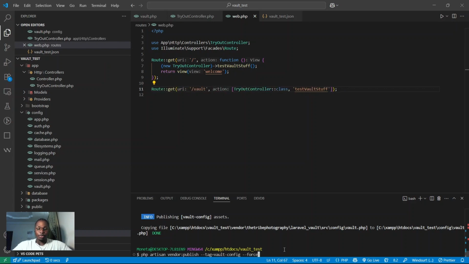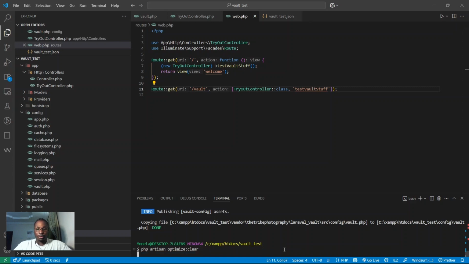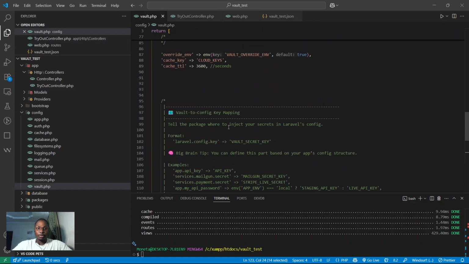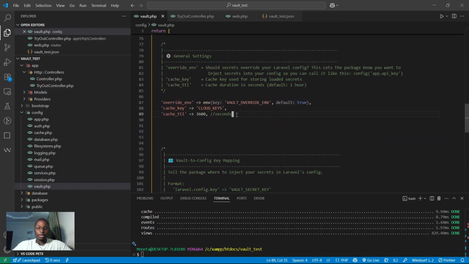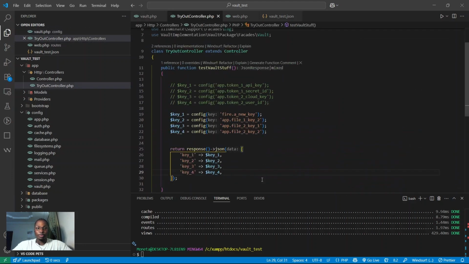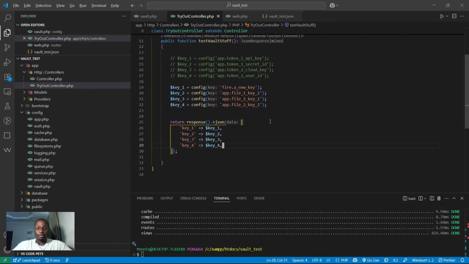Remember to always run PHP artisan optimize, continue like this when working with keys, as the Vault package also helps with caching your keys, which you can set up also here by specifying the amount of seconds you want the cache to last for before the Vault package tries to update your cache by calling the source again, basically. So you finish that and you navigate, you run your project